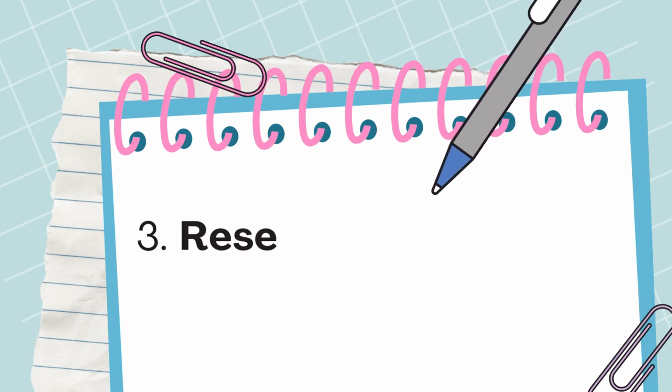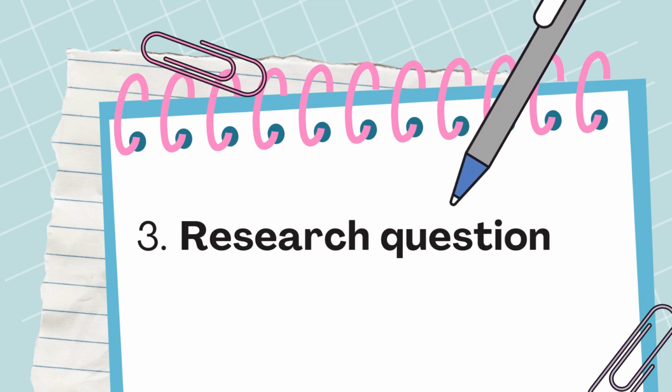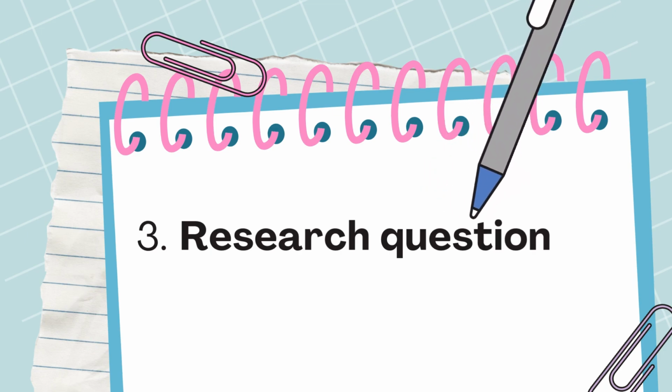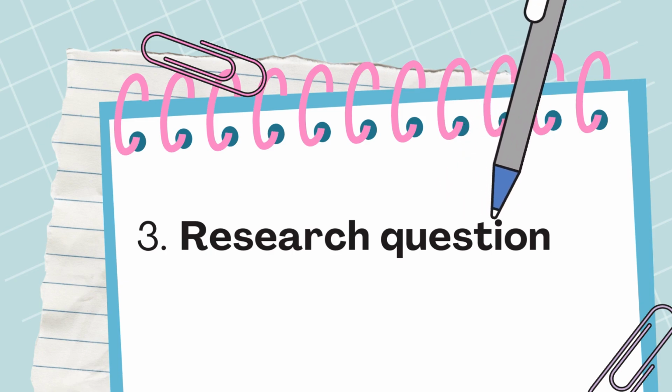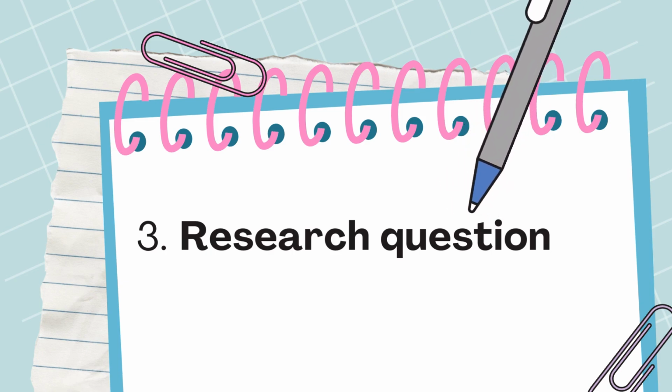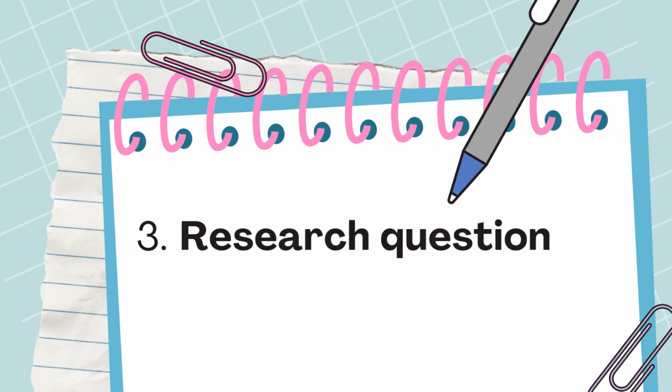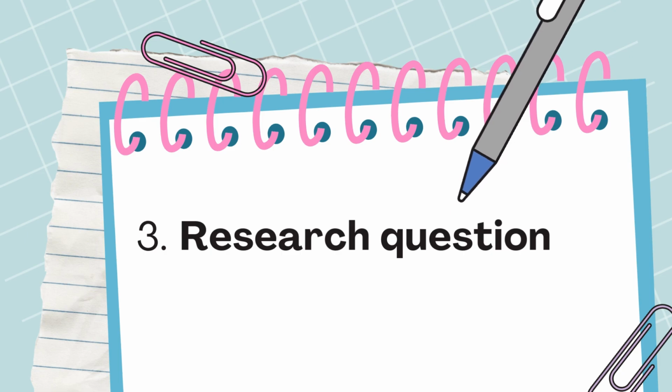Step 3 is to develop your research questions. Think about what you want to know. Formulate specific questions that will guide your research. For example, if your topic is climate change, you might ask, what are the primary causes, or what impact does it have on biodiversity? Now please make note, the more specific you are when pursuing your research, the easier finding